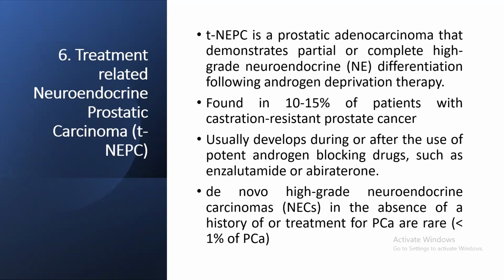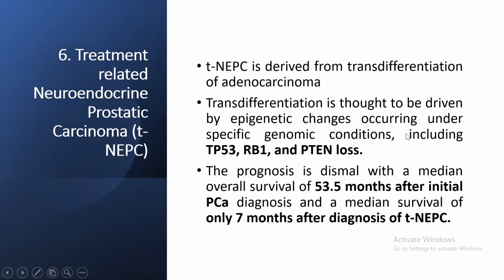Then a very important entity is treatment-related neuroendocrine prostatic carcinoma. This is a carcinoma of prostate which shows neuroendocrine differentiation, and it is found in 10 to 15% of patients with castration-resistant prostate cancer. It usually develops after the use of androgen blocking therapy like enzalutamide or abiraterone, which we give to the patients. And this treatment-related neuroendocrine prostatic carcinoma basically develops from the transdifferentiation of adenocarcinoma, and it will show TP53,